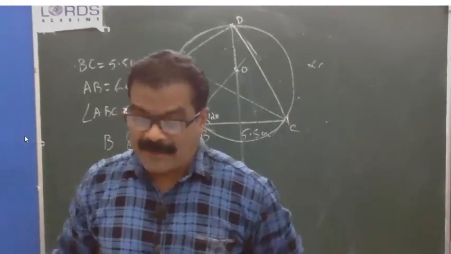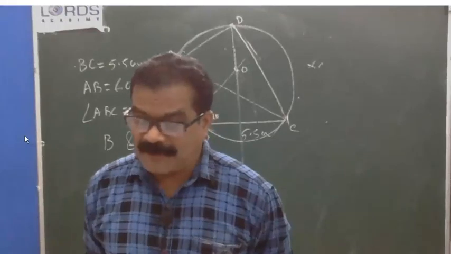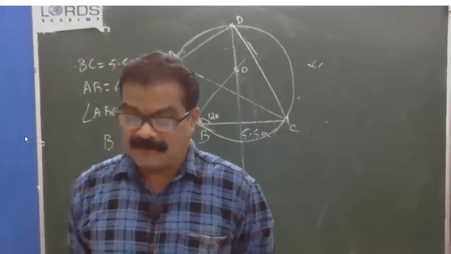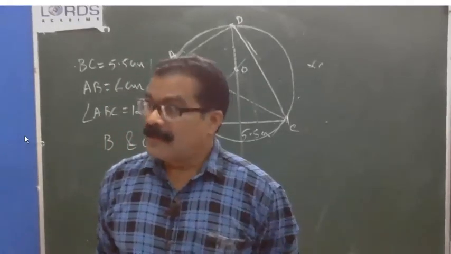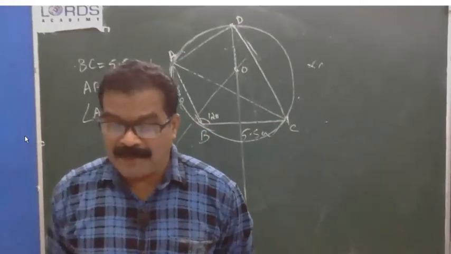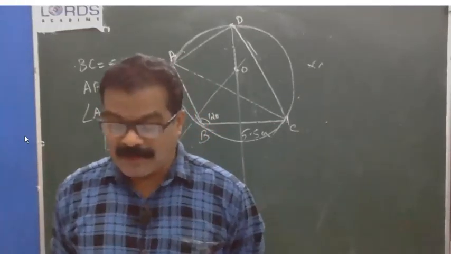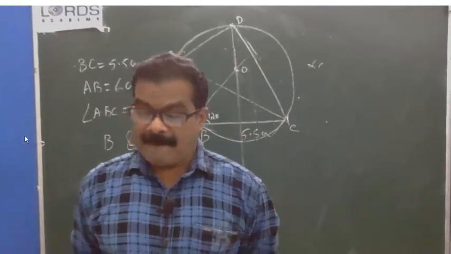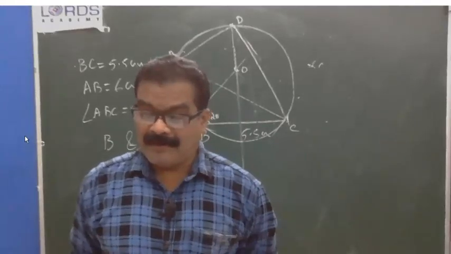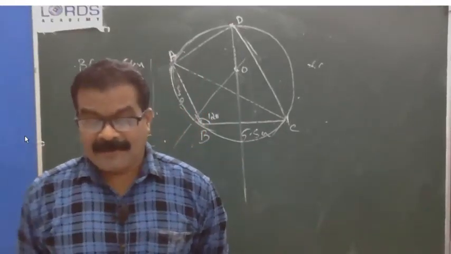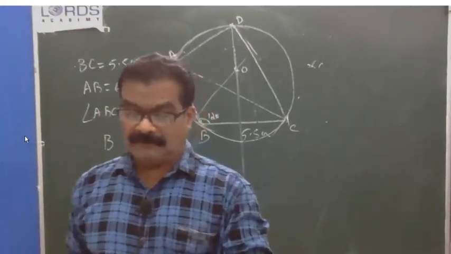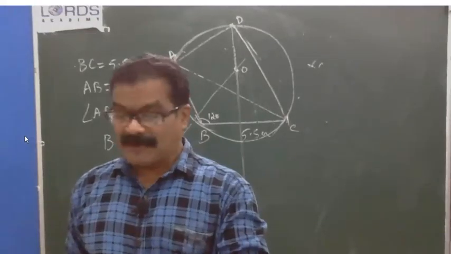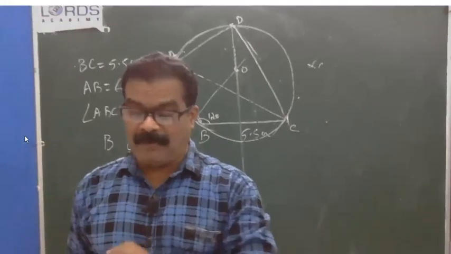Question number 18, I will read. Draw a circle of radius 3.5 centimeter. Mark a point P outside the circle at a distance of 6 centimeter from the center. Construct two tangents from P to the given circle. Measure and write down the length of one tangent. 2011 question. You can take it as homework. Tangents drawn from the exterior point, you can easily do it. That is a very important problem.